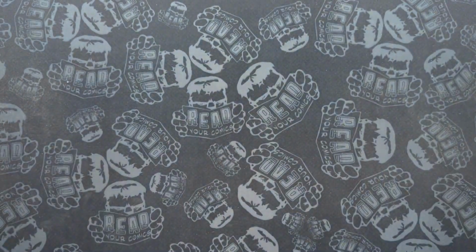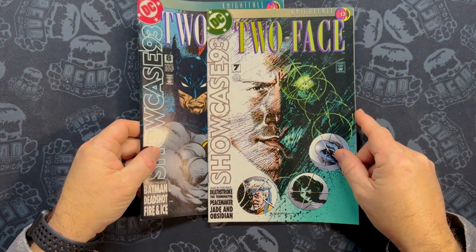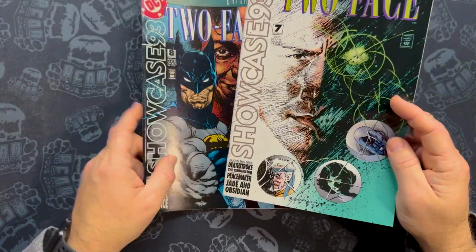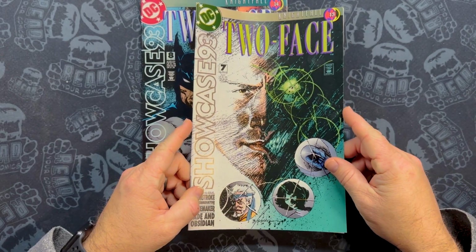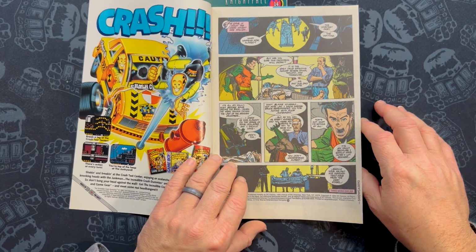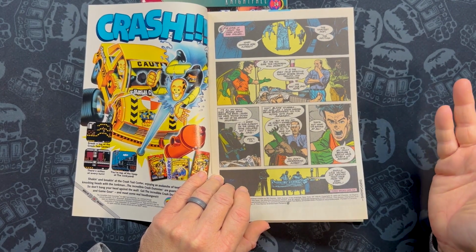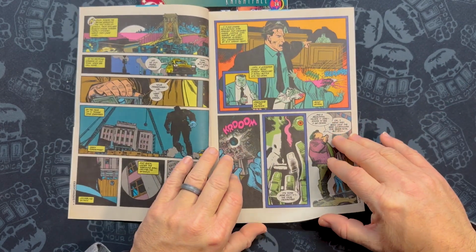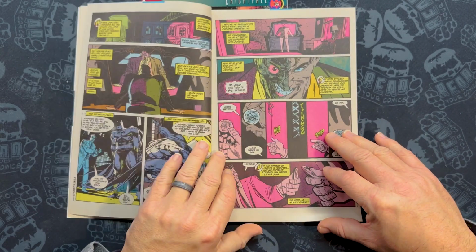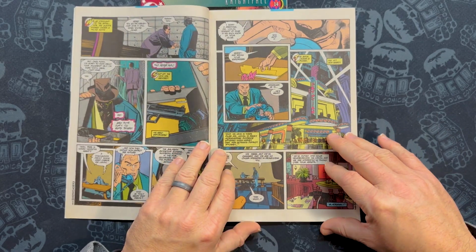Now the storyline detours. We actually go into these showcase issues with a pretty cool Sienkiewicz cover here and a Glenn Fabry cover here. And these are flashback stories of Two-Face. I'm going to go through them pretty quick. It's essentially something that happened in the earlier chapters that we didn't see for some reason. And it's a Two-Face story, kind of rehashes his origin. And he wants to get Batman because he thinks Batman betrayed